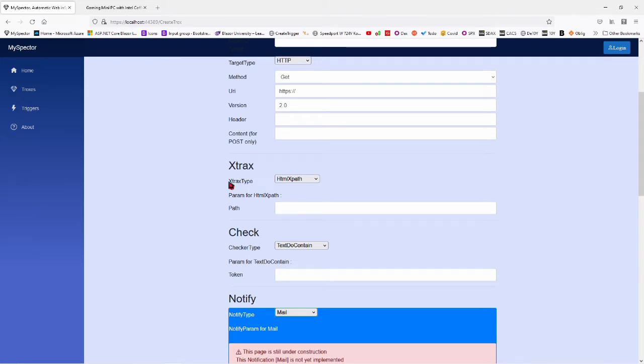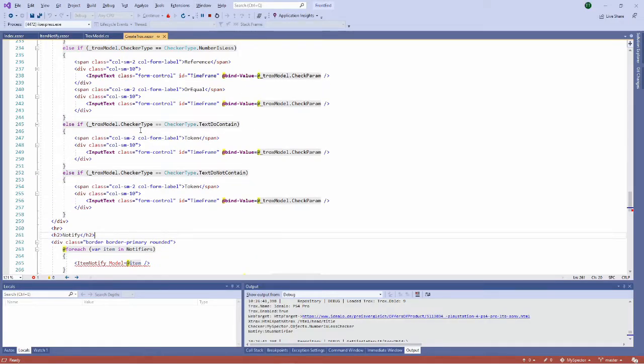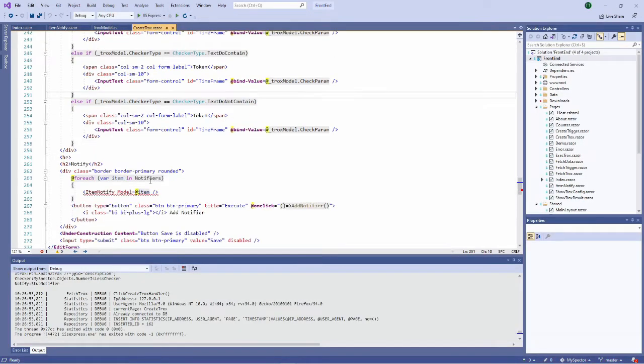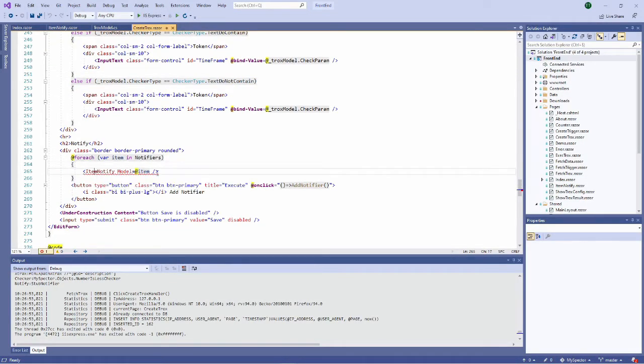So one more time, the full code is here, and I'm going to try to extract the code in sub-components. And if we want to see, we can see the item notify. So here you see that there is some mess up in IntelliSense. There are some problems in Visual Studio. Visual Studio has some problems handling Blazor, so sometimes it displays errors while there are none, and that's why it's red. Notify, item notify.